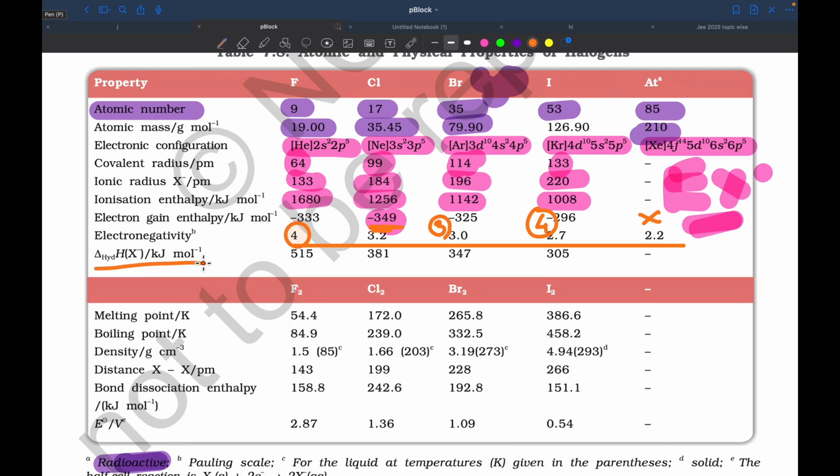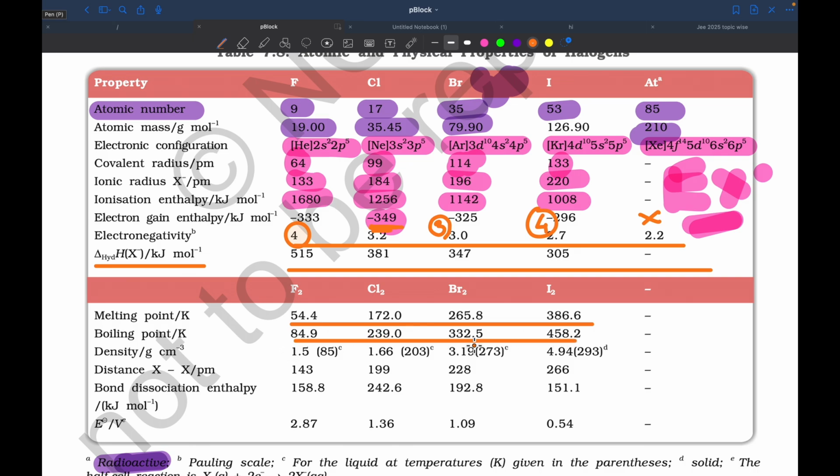Next one, hydration enthalpy. Hydration enthalpy decreases. Yes, obviously it is decreasing. Melting points increase as atomic masses increase. They are also in a regular manner. Boiling points increase, correct? Density also increases. And the X-X bond, halogen bond, increases as size increases, so it is also increasing. The bond dissociation enthalpy should be decreasing,